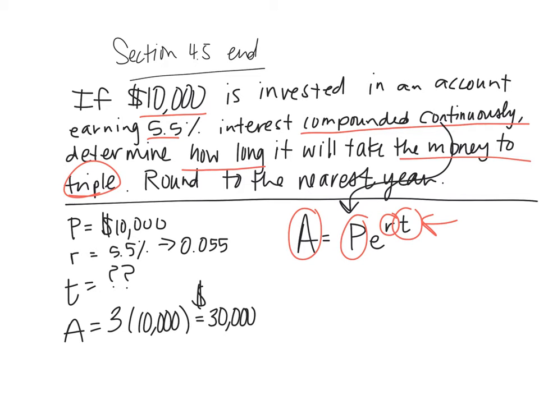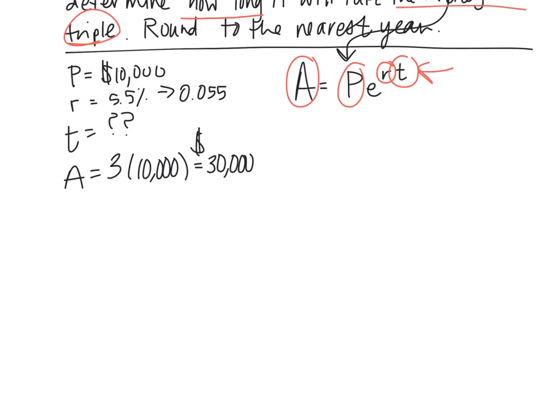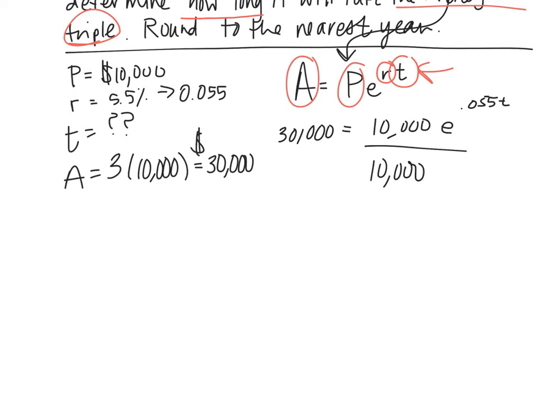So let me scoot this up a little. Here we go. So I have 30,000 equals 10,000 e raised to this 0.055 times t. Now I'm in the circumstance where I have a little exponential function. So I need to get the exponential equals a number. So first I need to get rid of my 10,000. So 30,000 divided by 10,000 is 3 equals e to the